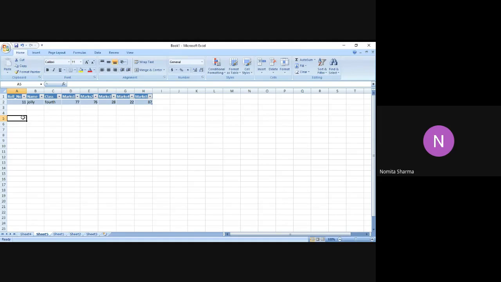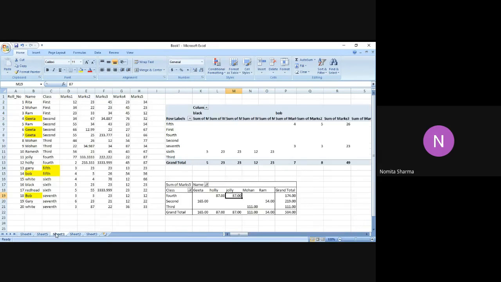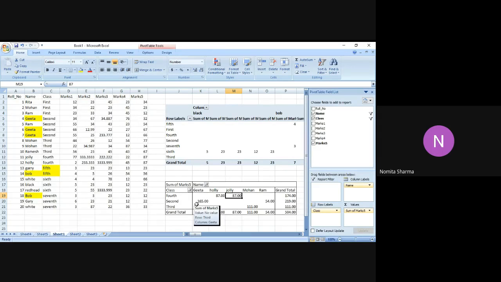Now the point is, why do we do that? Why are we doing all this particular thing, double clicking on that value cell, and then checking on the field? The point is this: it may happen that when I go back to the original sheet, I can actually see very easily, since there are only three Gitas, only in three classes with three marks, I can easily check and validate my data.